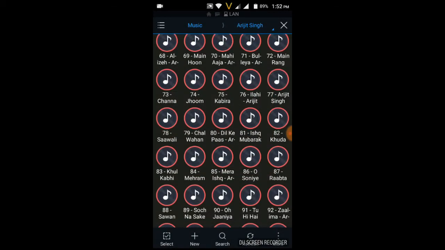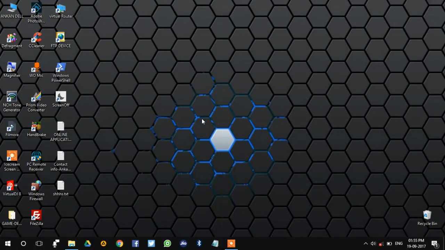So that's super easy. So that's it guys, that is how you can access your PC files from your phone wirelessly through the local area network. And in the next video I'll be showing you how to create a batch file of the virtual router, so that in a single click the virtual router will be on and it will work as a program